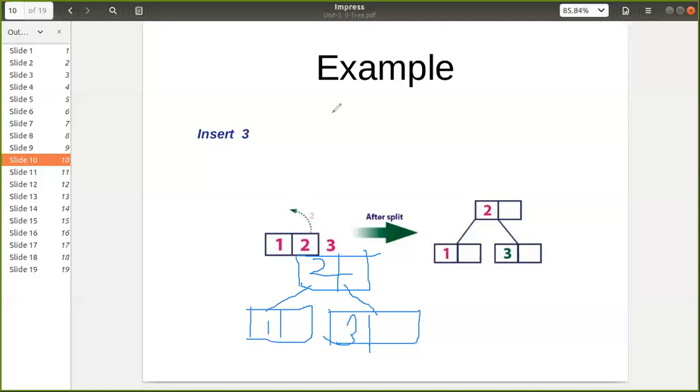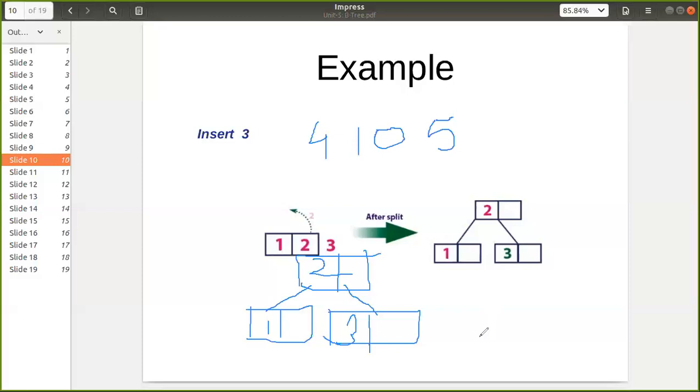Suppose initially we were having 4, then 10, and now 5 is coming. So we are not adding 5 here. All the keys are inserted in ascending order, so your sequence is something like this.